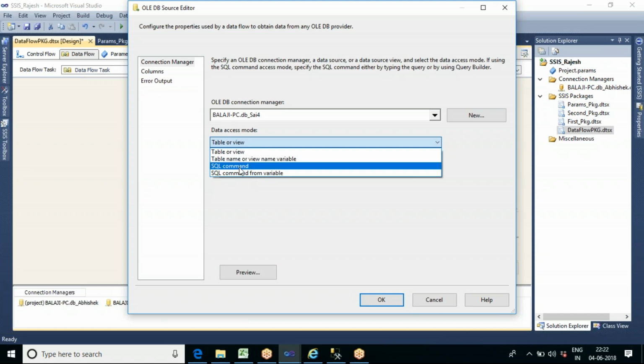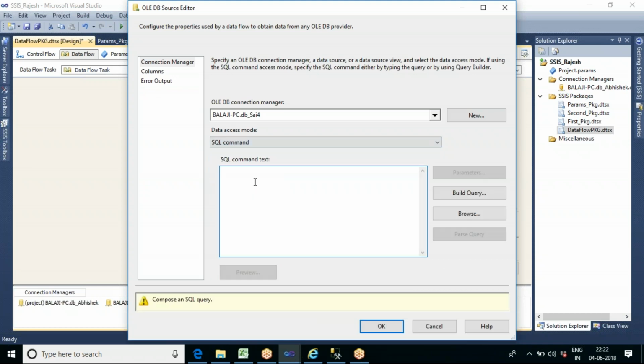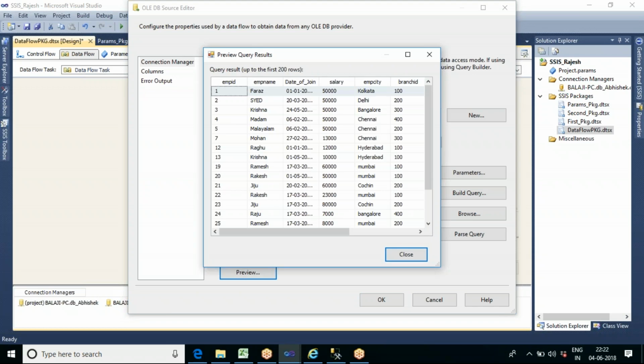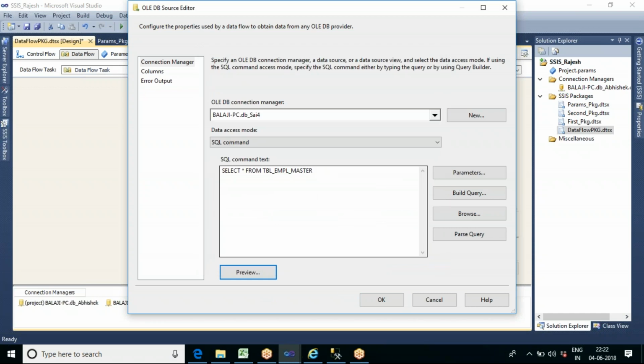So you can go and write a command like this: select star from table underscore, my table name is EMPL master. You can just write a select statement for the table and it will execute the query and show you the data. Now my source data is ready.